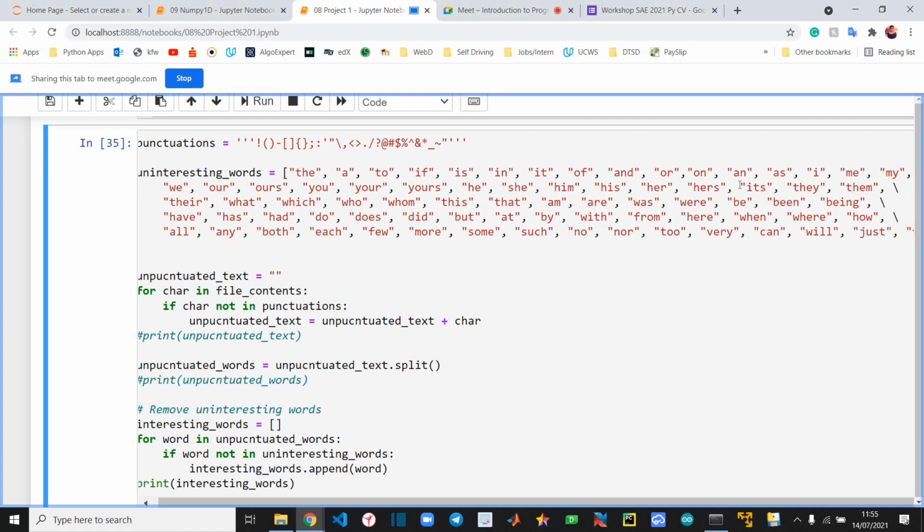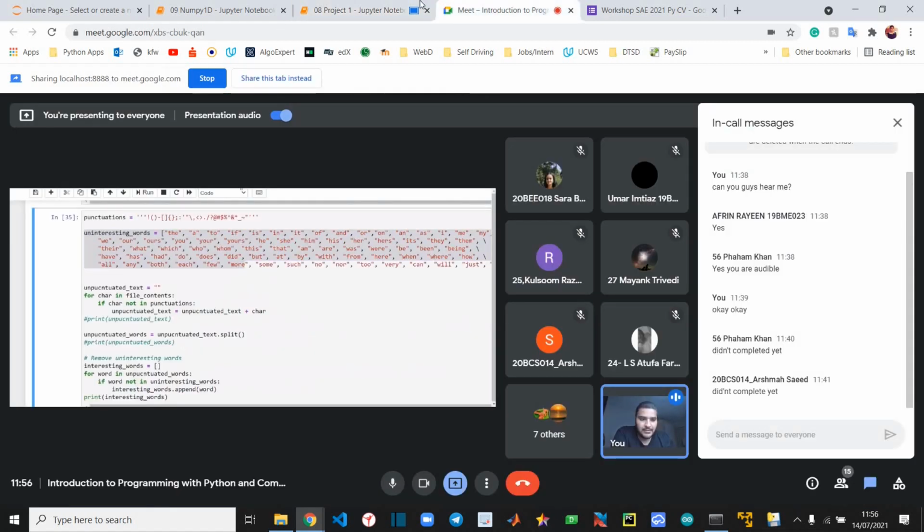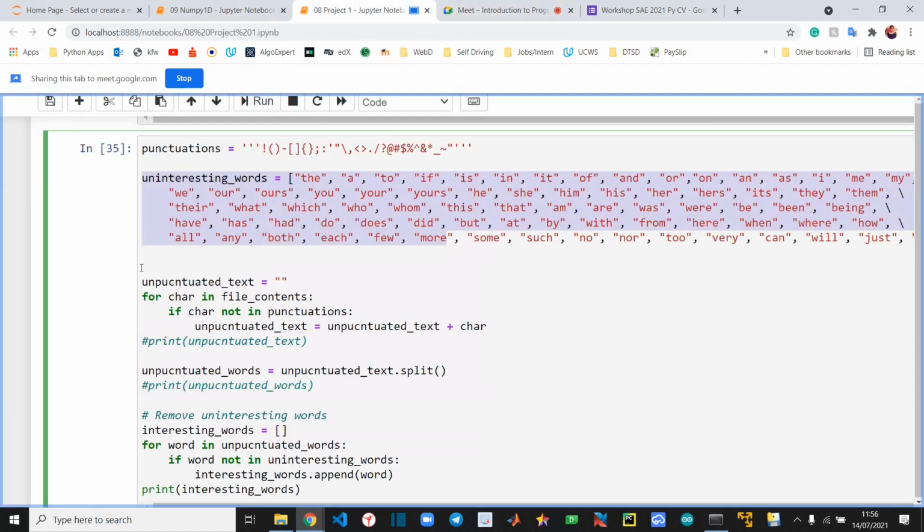There is no "the" here. Yeah, the first word is okay. So this "the" is here, and I'm still asking the question: why are these words not available there in the other function? That question is still open. I want to know why.